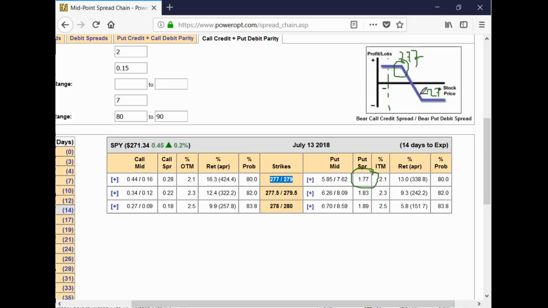Right? And the 279 put gives me the right to force someone to buy it. So if I go through expiration in 2 weeks and the stock is still below 277, if I do nothing, I'll be exercised and forced to buy shares of stock at 277. My broker will immediately sell them at 279 in the Bear Put Debit Spread. I get $2 back, so we have a profit of 23 cents on an investment of 177, or 13%.